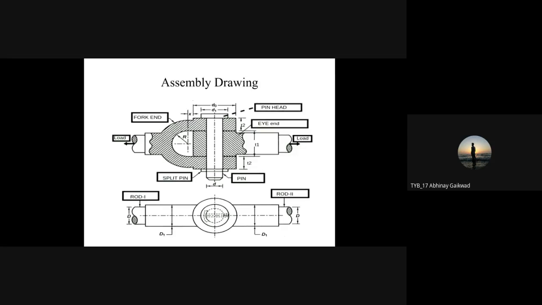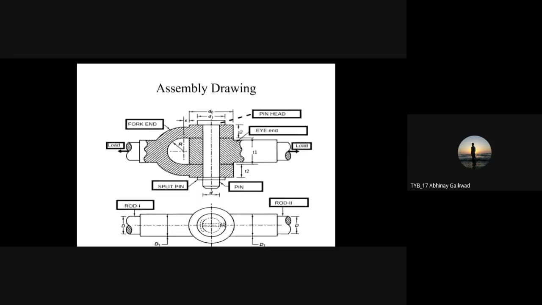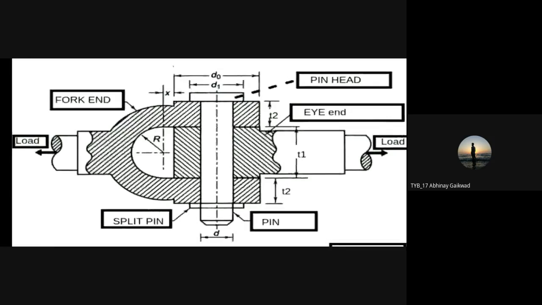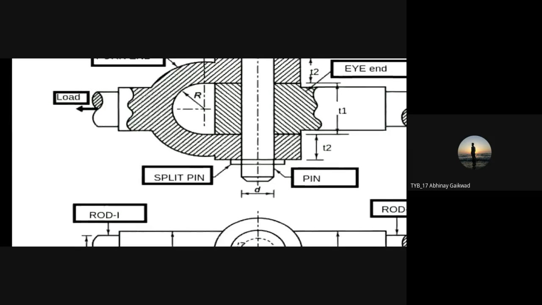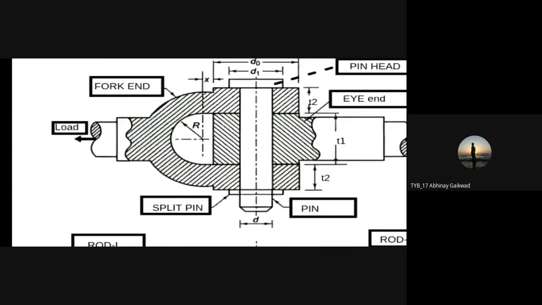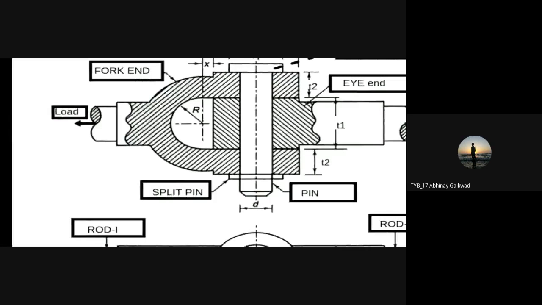Okay, so if we are going to see this drawing in detail, we'll start from the fork end side. So the first part we can see here is the rod. Then that rod has been modified as per the